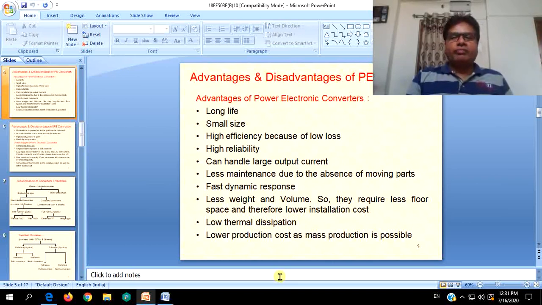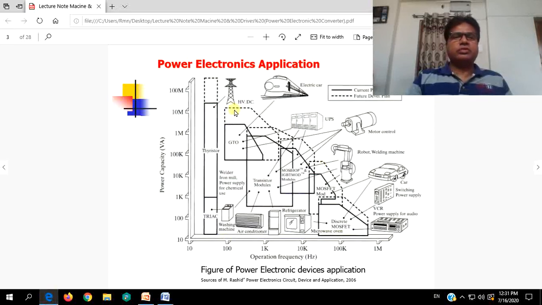To start with, how a power electronic device works, or how the power electronics field itself applies its technology into various things. That is, a power electronic device is not used just like any other switch in any sort of circuit. All power electronic applications will be through these power electronic converters, where electric energy is converted from one form to another form. So it finds applications in all fields. Just go through these power electronics applications which we have studied in the previous sessions.